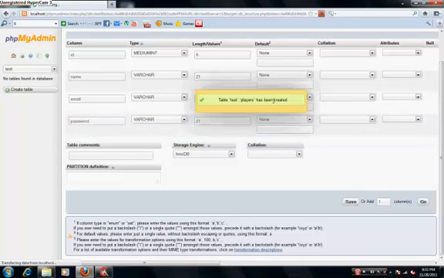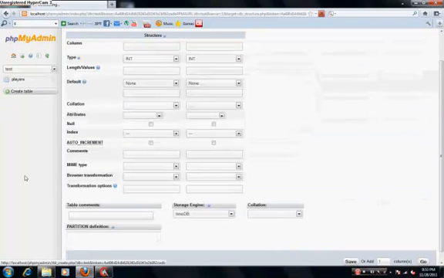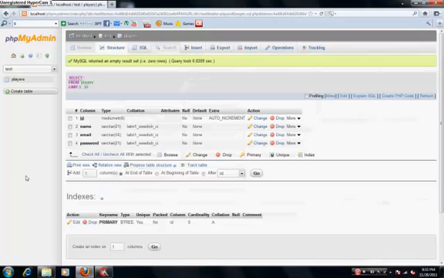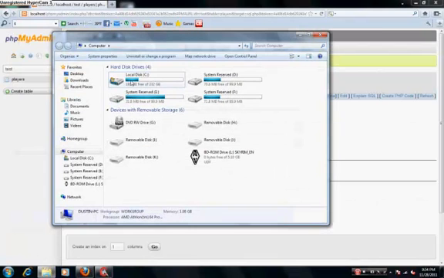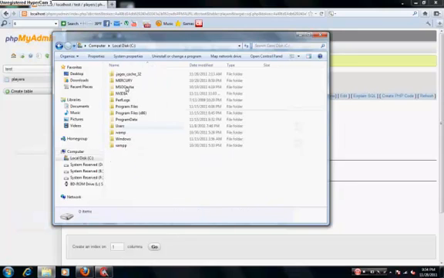Table test players has been created. And if we look over here, we have players, and we don't have anything yet. So now let's go to my computer, go to local disk, whatever your local disk is under, your main disk